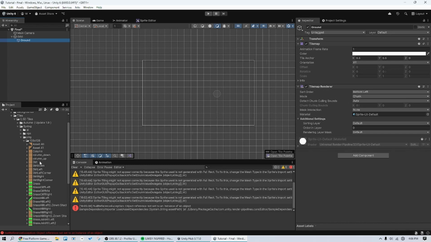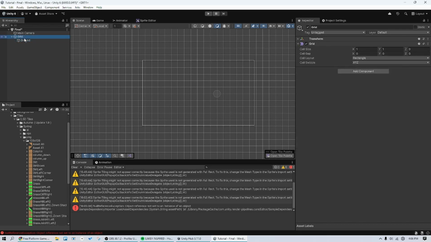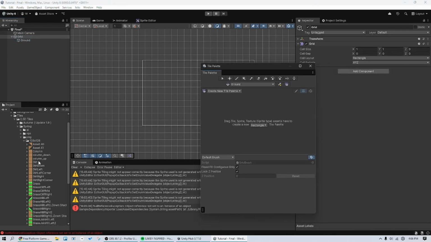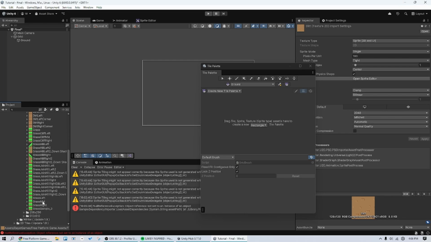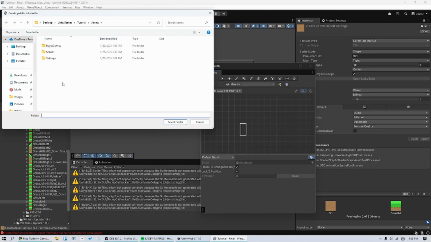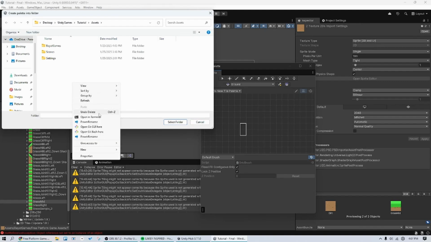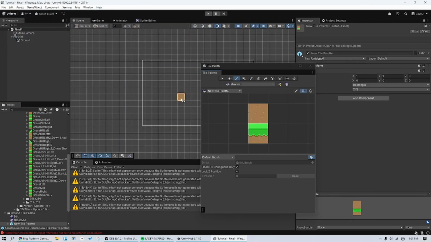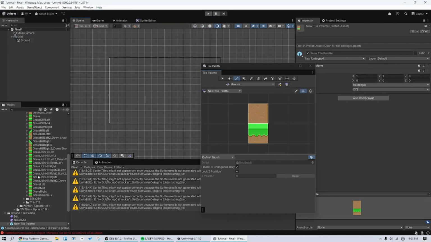And now we're going to create a tile palette. And to open up your tile palette to start painting with, first select one of these. Press Open Tile Palette. We're going to create a new tile palette by selecting Control Select to select both of them. Dirt and grass mid, drag them into here. Create a new folder. Call this Ground Tile Palette. Select it. Bam, you got your two dirt and grass in that tile palette folder, and you can paint with